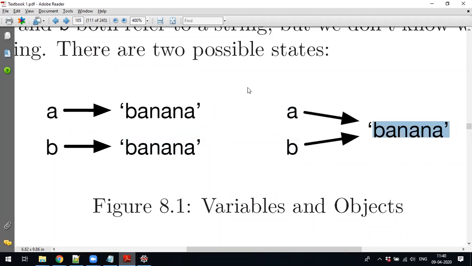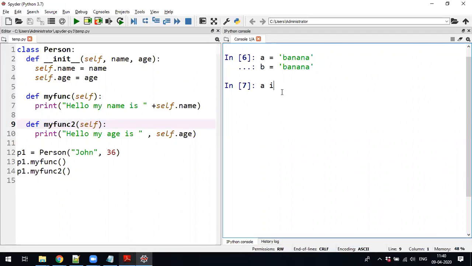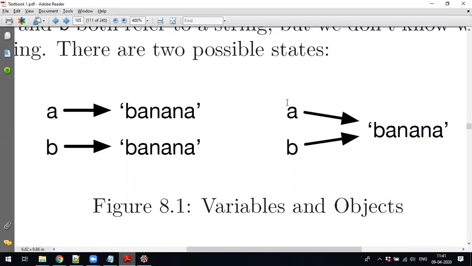If you want to check this, you have to use the is operator. What this indicates is that both point to the same string object and the values are the same. That is why it is giving true.